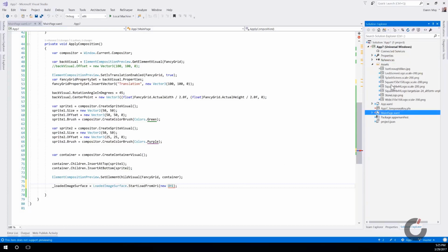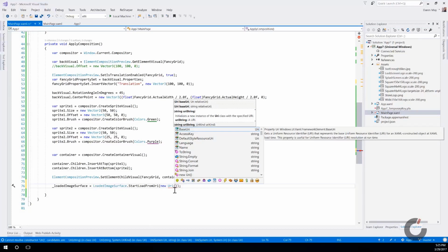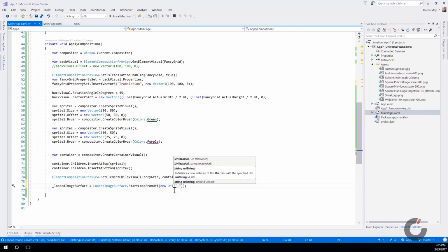So let's drop that into there. So we've got just enough bikes.jpg. So now we're going to reference that over here. So if you're familiar with the